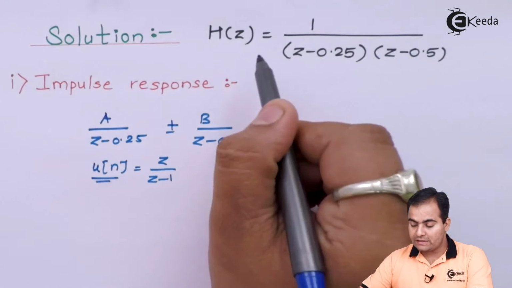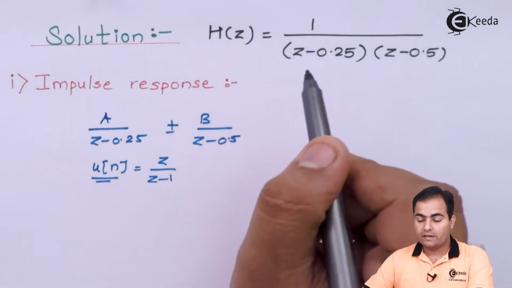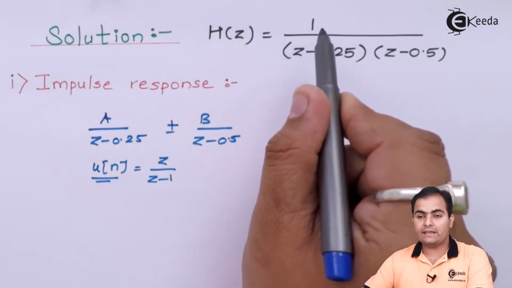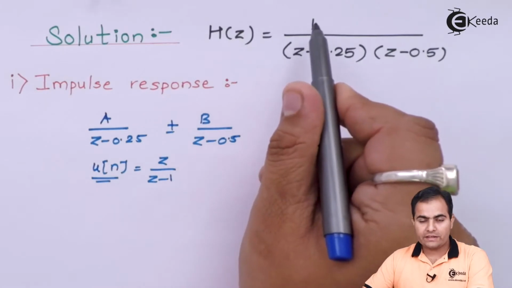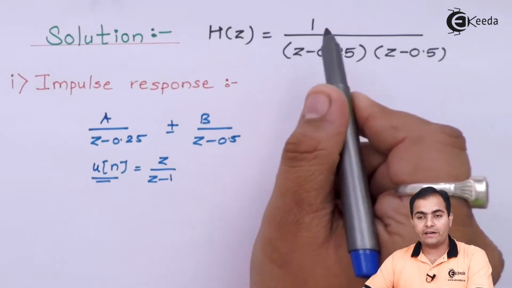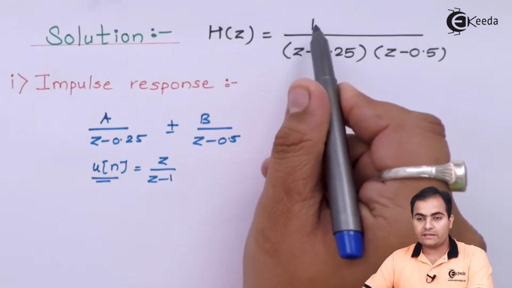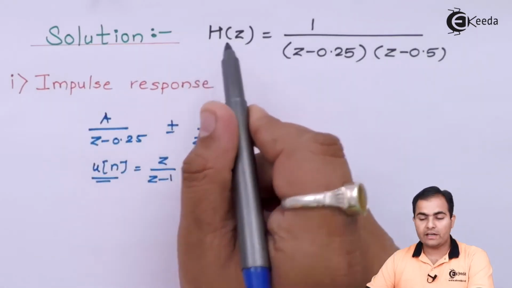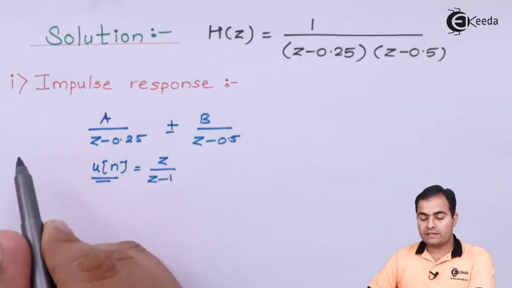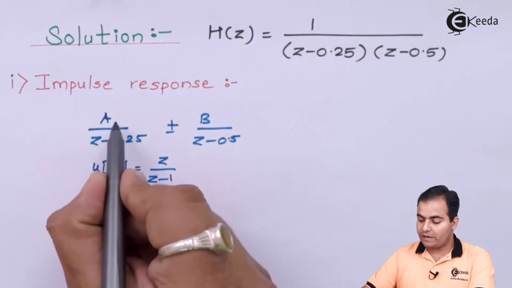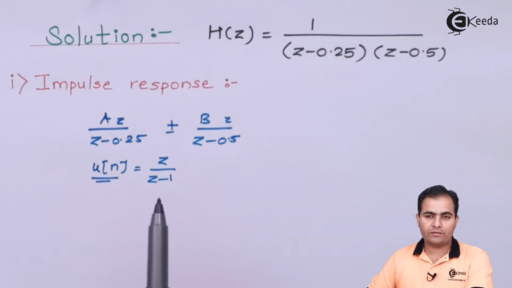So for this type of question, it is necessary to multiply numerator and denominator by z. It is necessary to have an extra z in numerator. Now if I multiply numerator and denominator by z, then first of all I'll shift this numerator z to the left hand side, or you can say in the denominator of H(z), and after calculating partial fractions I'll multiply z on the right hand side, so that automatically you will get z in numerator of both the functions, and then you can write this equation in u(n) format.